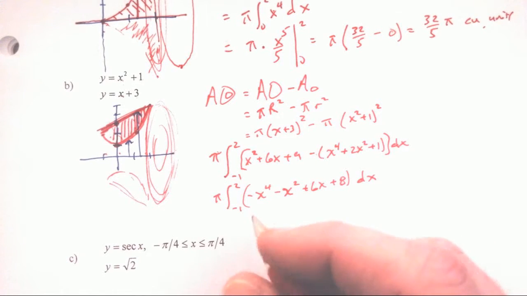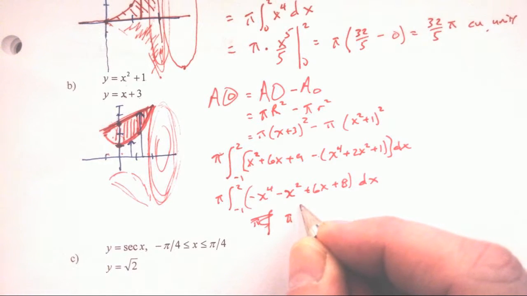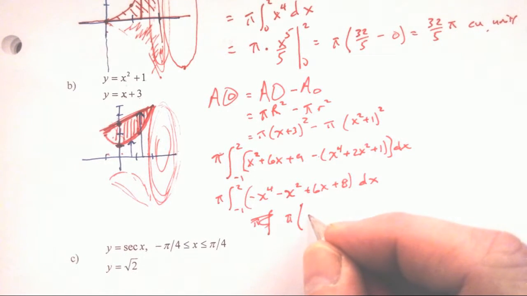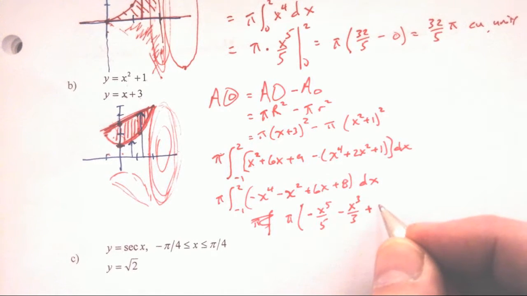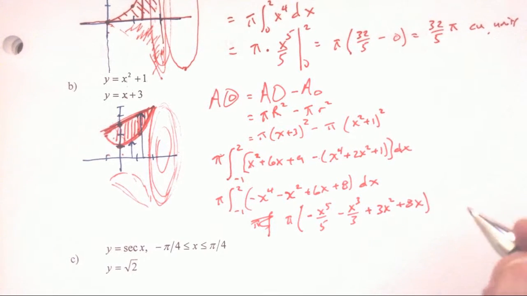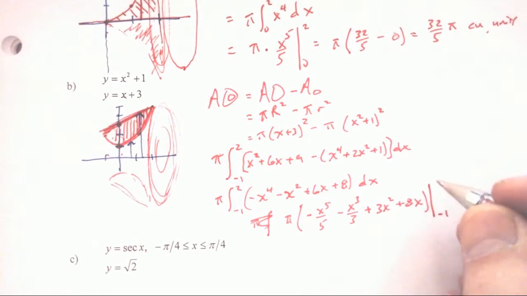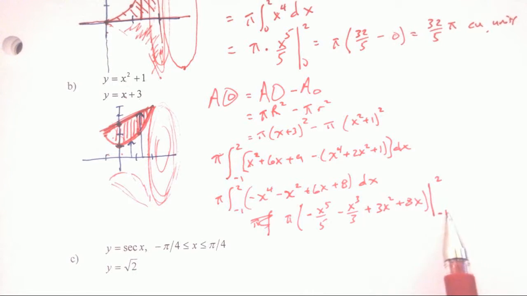Okay, so when we integrate this guy, we get pi times, whoops, I'm done integrating, pi times, I get negative x to the 5th on 5, I get minus x cubed on 3, I get plus 3x squared, I get plus 8x, and all of that is from -1 to 2. Double check, make sure I'm on track here. That looks good. And then, obviously, we substitute 2 in, we substitute -1 in, we show all that work, and